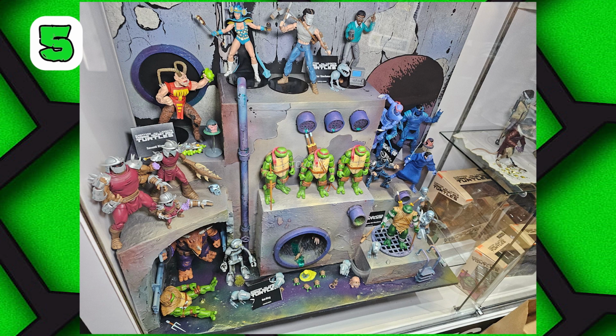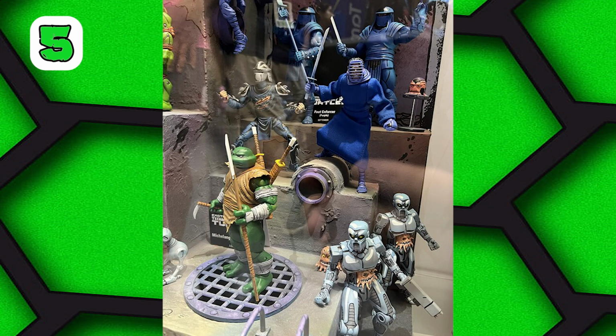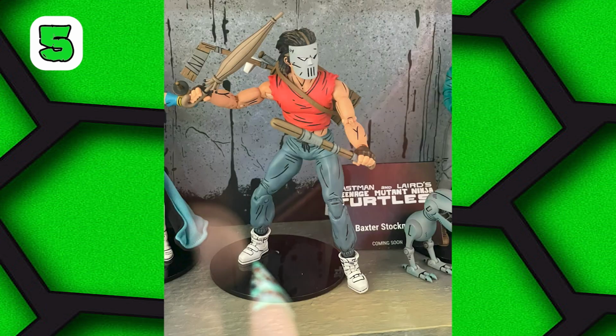And wrapping up on the comic book front, we had the Mirage figure display. There were a lot of figures that we already knew about in this set, but some huge surprises that make me very happy. Over the course of the show, they like to switch out or hide new figures within the display,